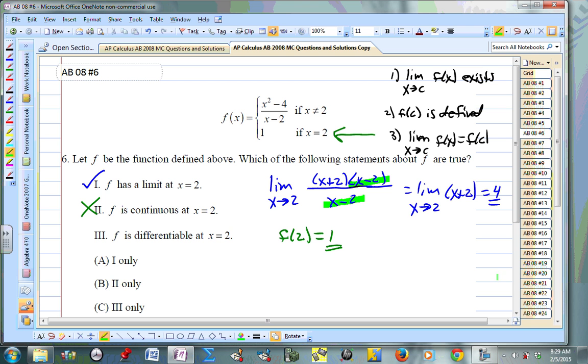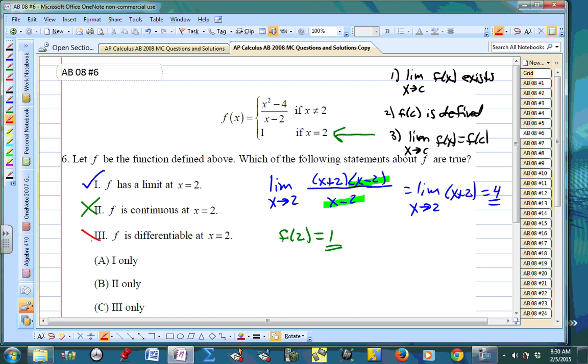Now the third statement that we need to look at is: f is differentiable at x equals 2. Well, remember, for a function to be differentiable, it must be continuous and smooth. So we can tell that statement 3 is false because this function is not even continuous at x equals 2. So now, of the 3 statements, the only one that is true is option number 1,